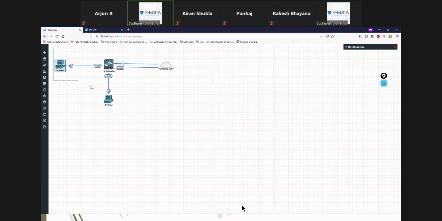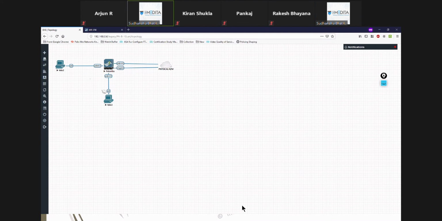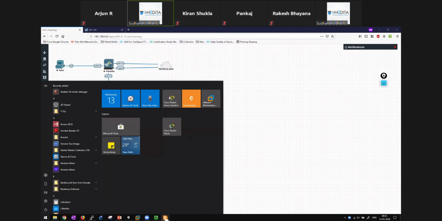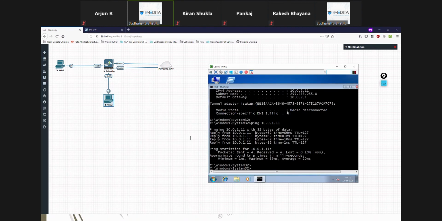Because both of them are part of the same zone, and by default, within the zone, communication is allowed in Palo Alto. Now see, this is what I wanted to show you. I'm able to ping from Win2 to Win3, right?